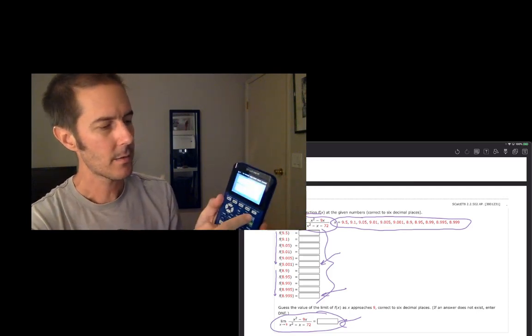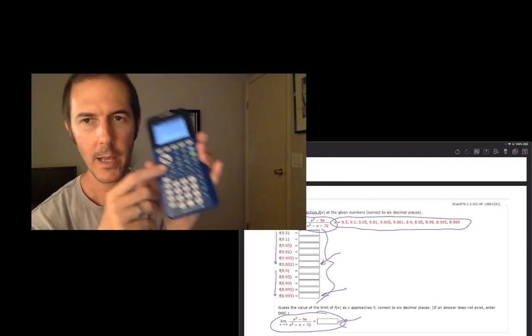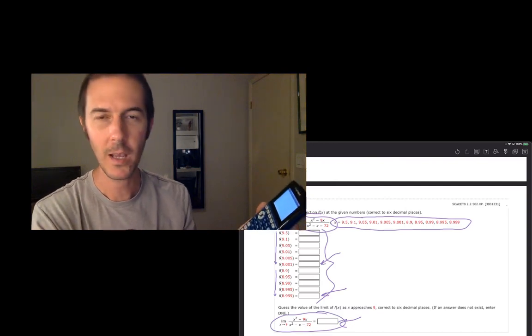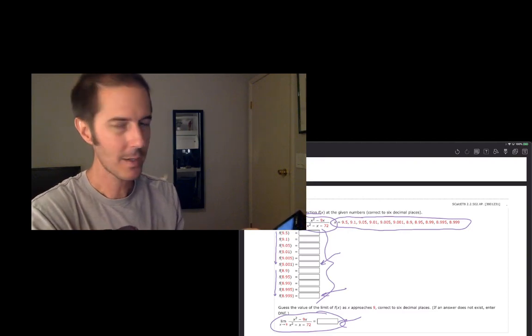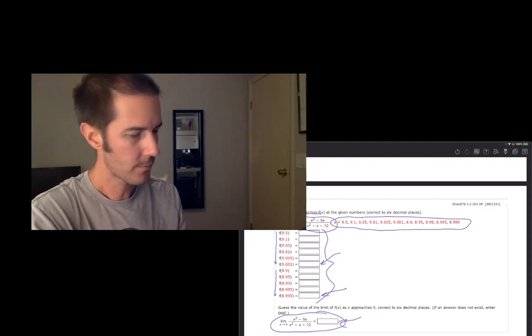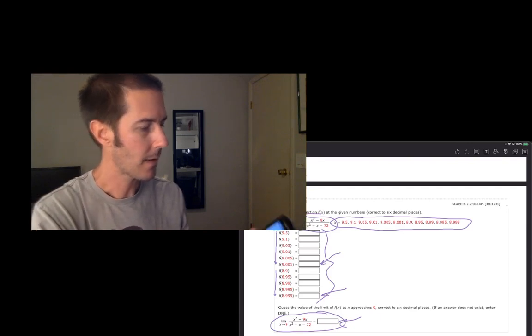I'm going to hit second and then the mode button, which is the quit button, and that takes me back to my home screen. I had some other calculations on there, but if I hit clear, it'll make those go away. Now what I'm going to type in on my home screen is the same equation that I typed in to Y equals mode, except I'm just going to type it in right here on my home screen. Parenthesis x squared minus 9x close divided by open parenthesis x squared minus x minus 72 close, enter. And amazing,